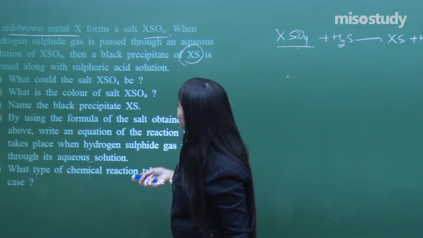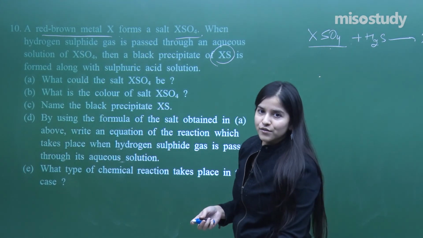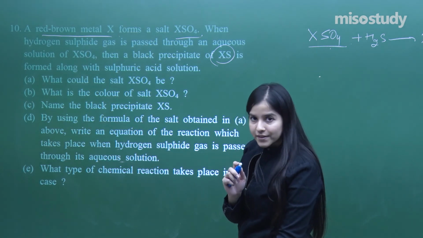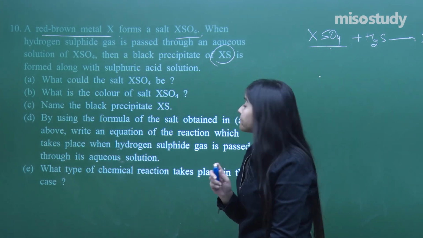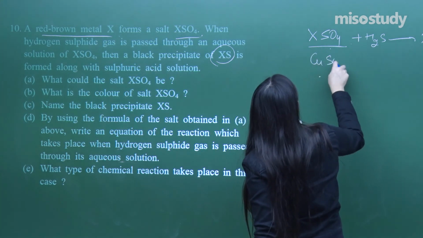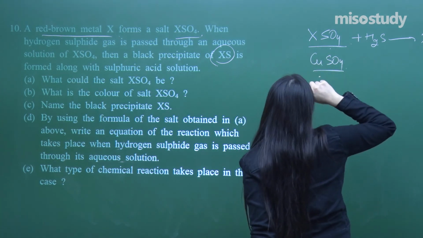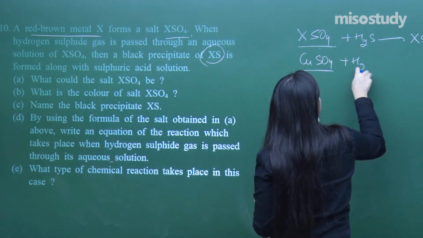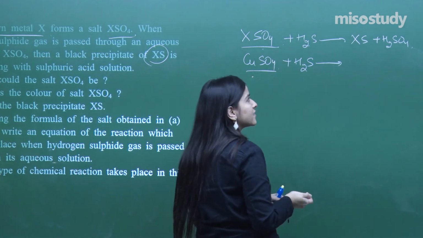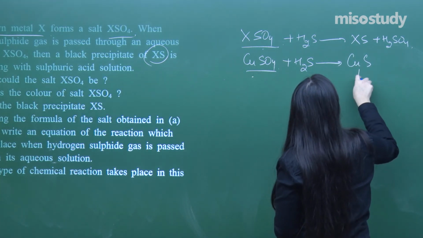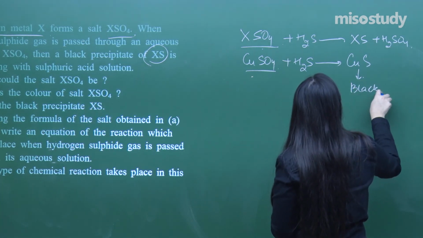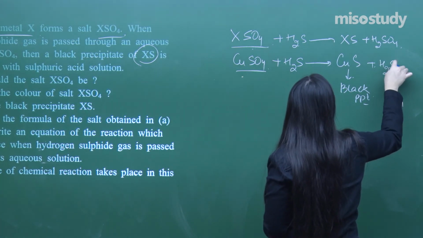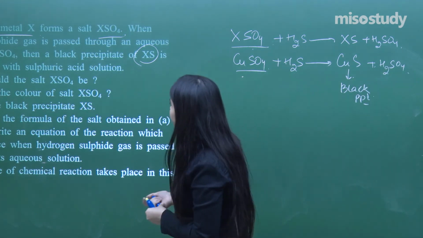They are needing the answers now, so you have to be very careful. What I am suspecting over here is copper, the reddish brown being the hint that I have got. If I have copper here, copper sulfate, yes, this compound exists. If I pass hydrogen sulfide, we get copper sulfide, yes, and this is a black precipitate only. So some of the things have been confirmed. Now let's try to have the answers.